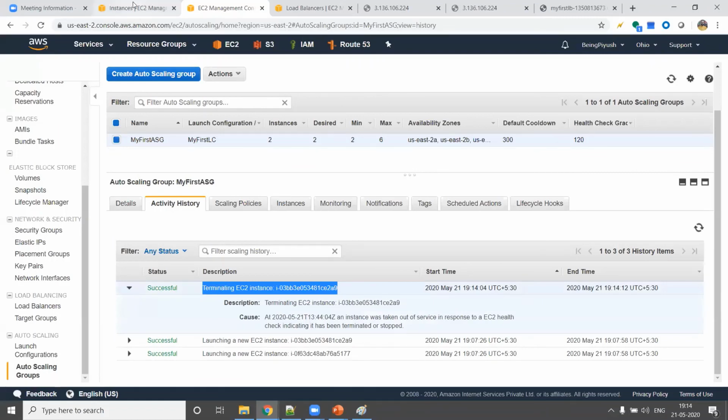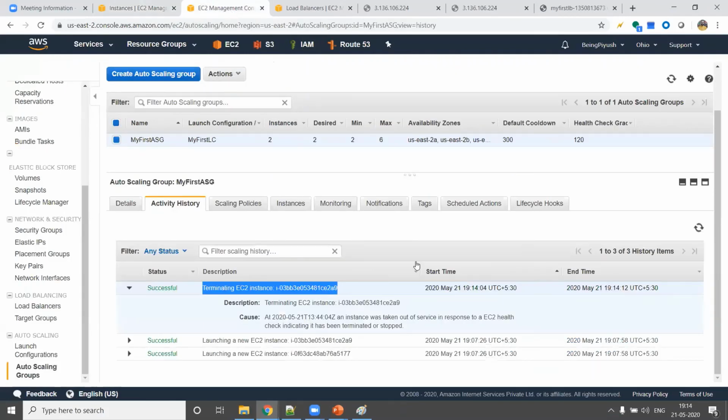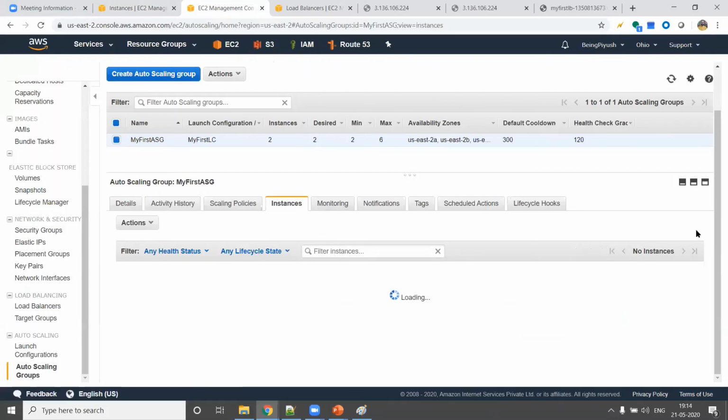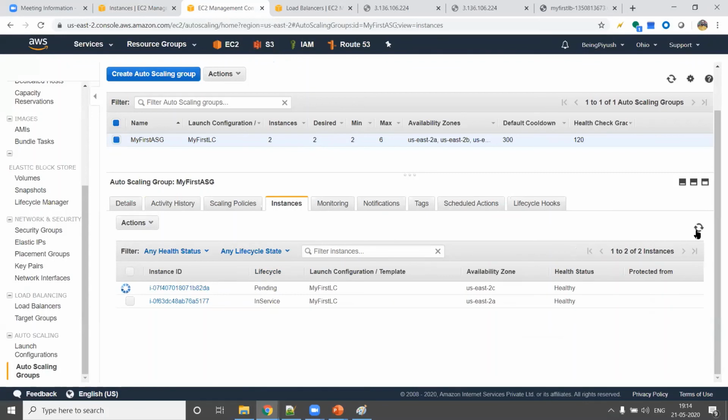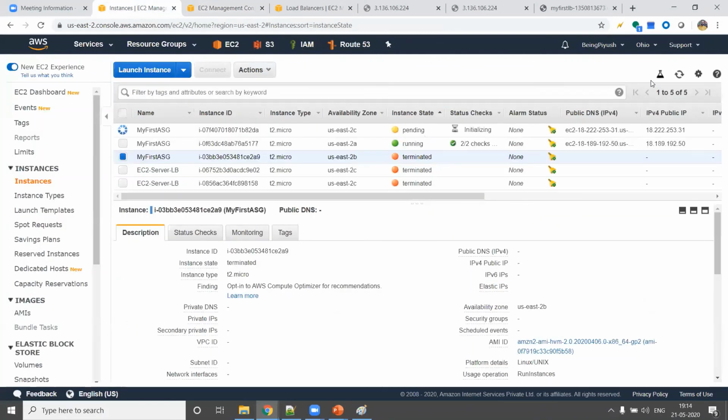So the EC2 machine is successfully terminated, but ideally it should add another, because you know that the minimum should be 2, right? If you go to instances, it is showing, see, one lifecycle is pending. That means it has already started and created one EC2 machine.